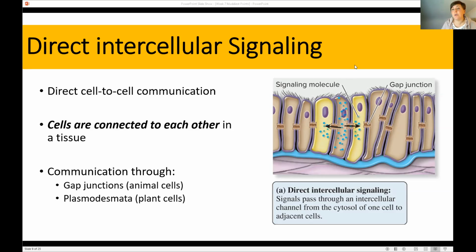And so what that means is if this cell right here is trying to communicate a message, it doesn't actually have to secrete that message out of the cell. If that message needs to go to cells within the same tissue, like right here, this cell can communicate that message directly from its cytoplasm to the cytoplasm of the adjacent cell through these tunnels, through these gap junctions. So with direct intercellular signaling, that message, that ligand, is passed directly from a cell through a tunnel, through a gap junction or a plasmodesmata, into the cell next to it in a tissue.